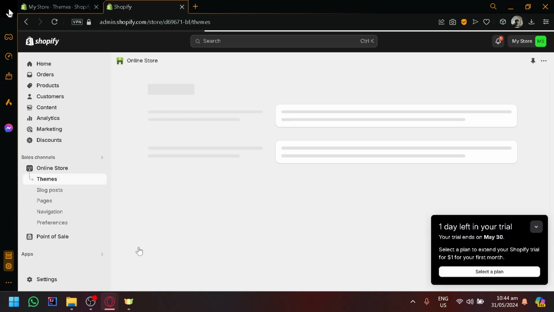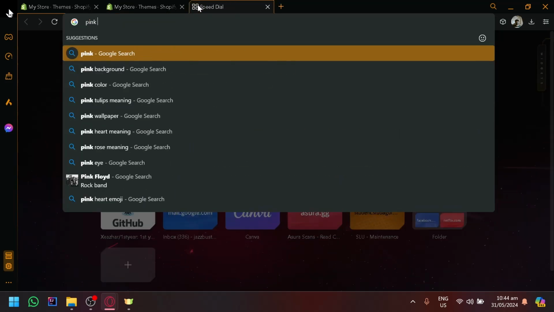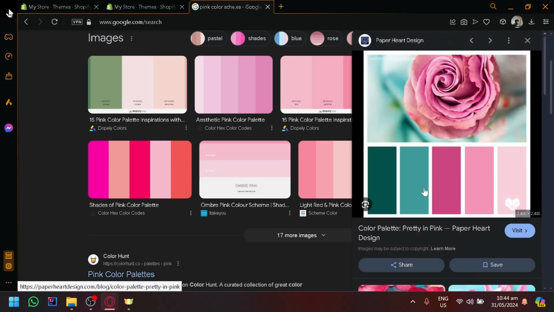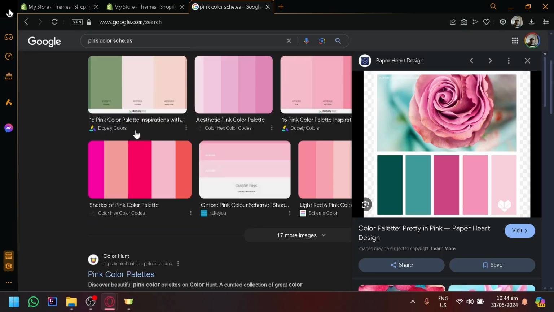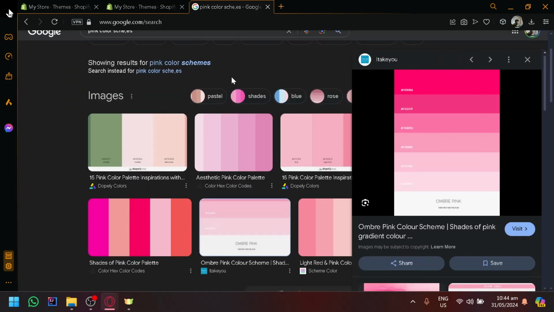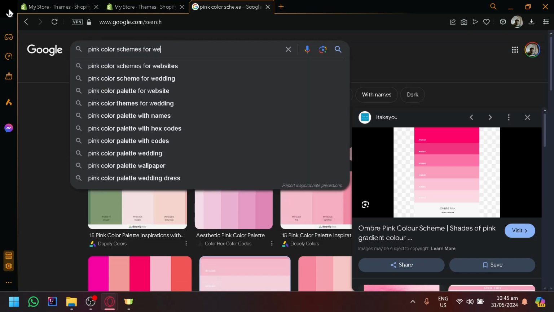Now, with the color scheme, or with the color pink, there are multiple types of shades. So what I would suggest that we do is that we search over here, pink color schemes, so that we have an idea on the colors that we want to have. So maybe this one over here, as you can see, great color combinations, great color cherry, all of those things. But if you want to have like pure pink, maybe we could go with a lightish pink over here, stuff like that. So let's fix our search over here, color schemes for websites,